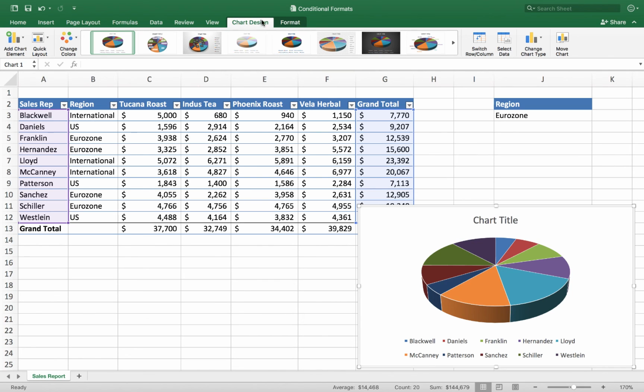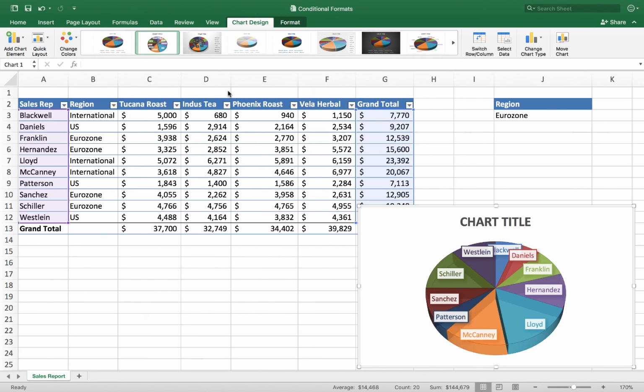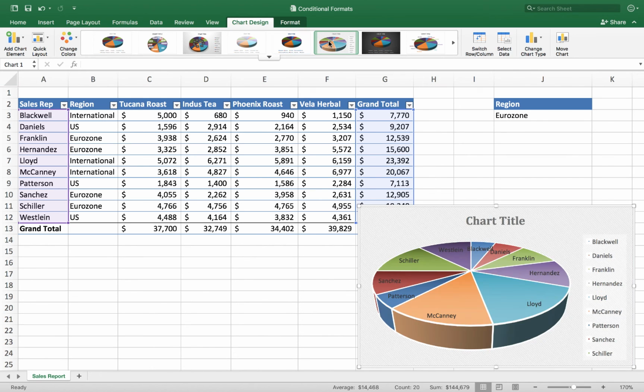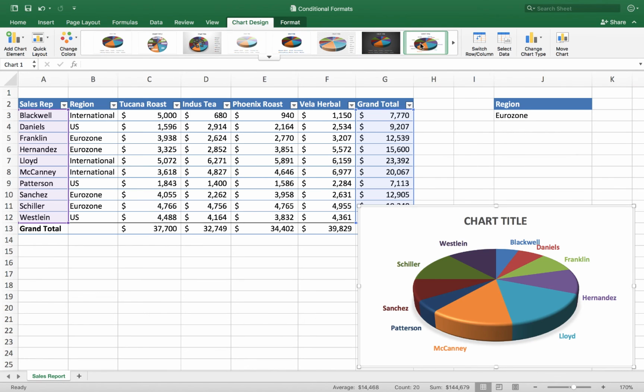There's lots of cool things you can do with a chart. Just like we were talking about with the tables, we've got a bunch of different styles. So you can click on the drop down here, and they've got lots of different looks. You can hover over these and click on the different looks to get some nice looking formatting pretty quickly. So I'll just click on some different options here to see what I've got.